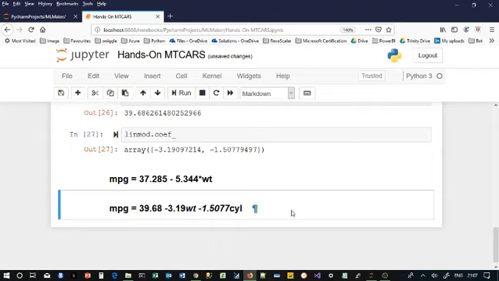So the equation has changed now. When you put together two variables, the coefficient of weight has changed. Now what it says is for every ton that you add, the mileage comes down by about 3.19, and for every cylinder that you add, it comes down by about 1.5. So this is the revised equation.